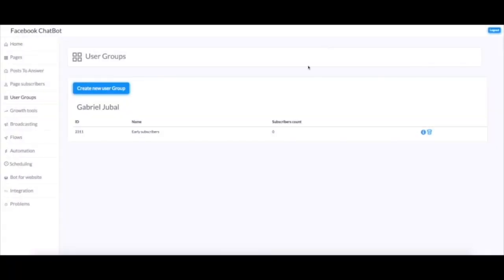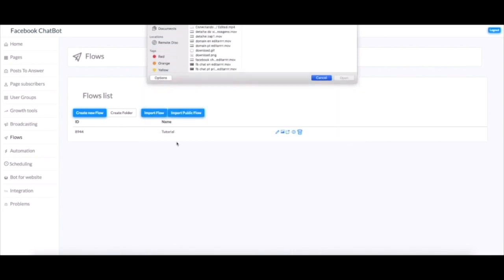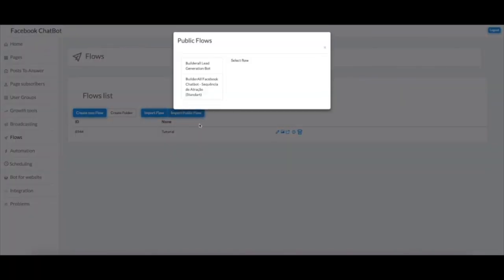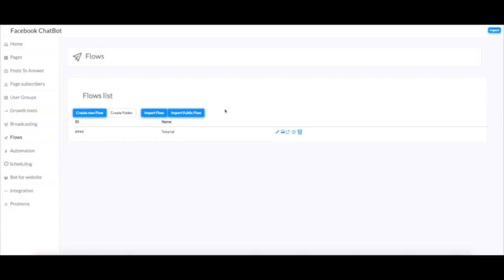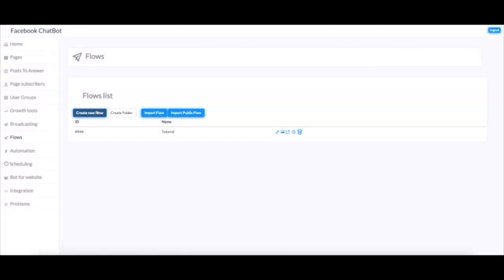Okay, now we'll be taking a look at the messages, which are flows, and then we'll be taking a look at the ways that those flows can be sent. Okay. So I here have the option of importing flows from my computer. I also have the option of importing public flows, which are flows that are already pre-built inside Builderall for you to use if you want to. I have the option of creating folders for those flows, and I also have the option of creating new flows